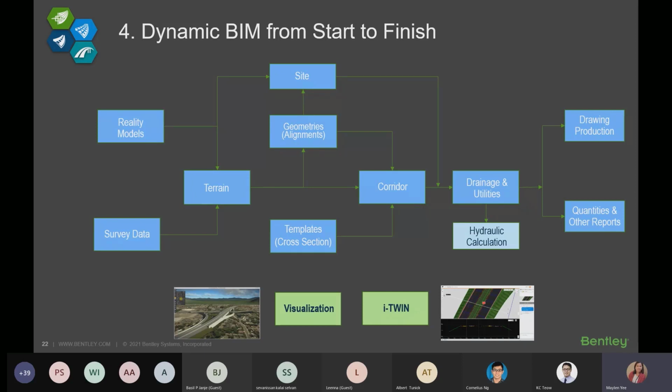The major challenge with MX string-based technology is that it's not really scalable in terms of creating your 3D objects or volume calculations, which are required in any BIM deliverables. And MX, in a way, is a bit short in terms of proceeding to the next step of doing 4D construction sequencing, or 5D cost analysis. So with OpenRoads,